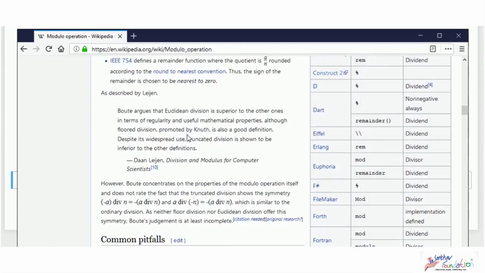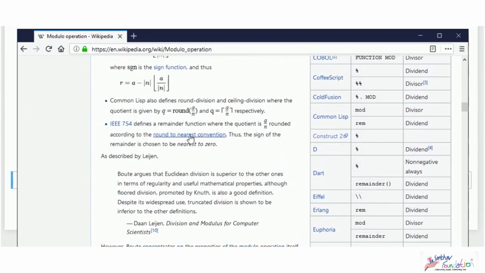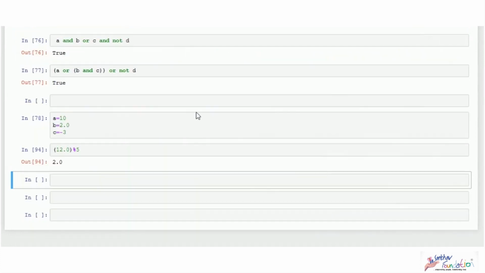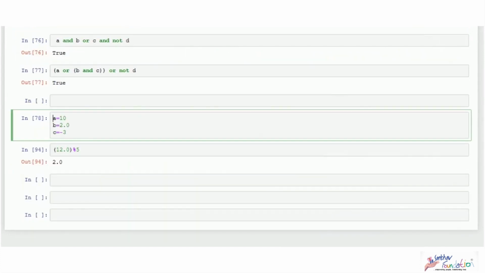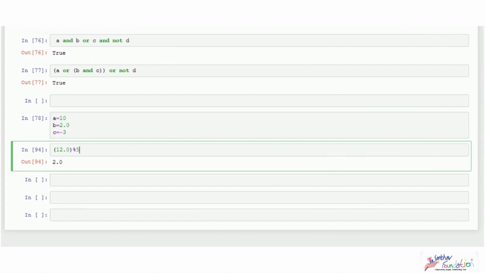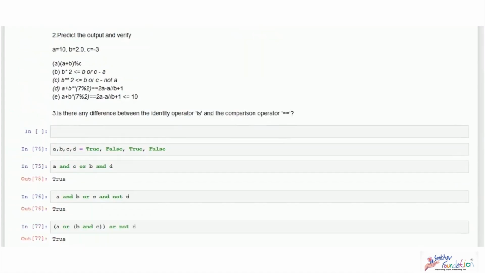So if you are interested, you can go through it. Right now we are focusing on how operators are evaluated and how the order of precedence takes place. So right now the mathematics is not of importance at this point. So just move on to the next one,